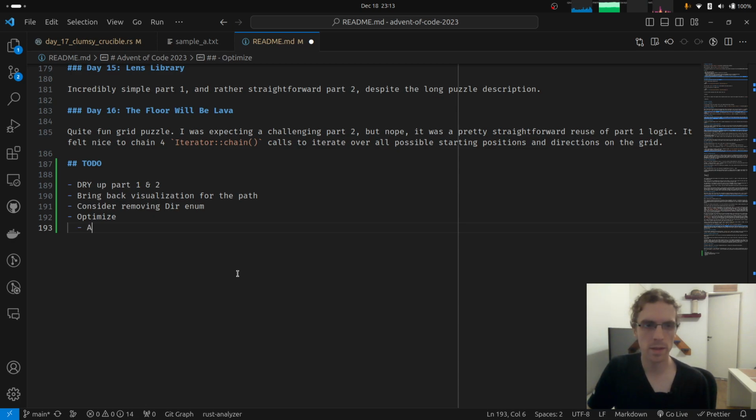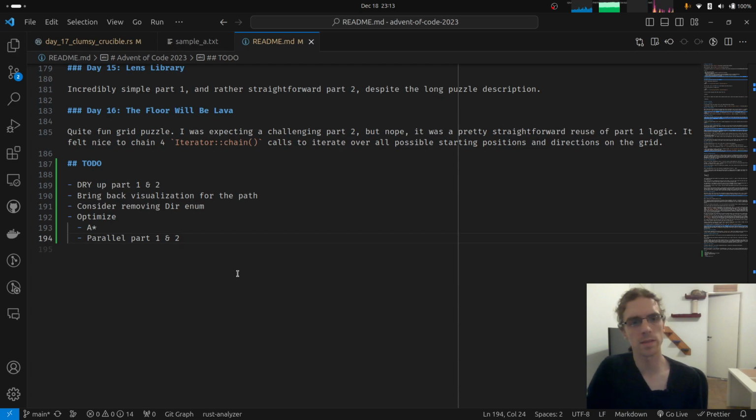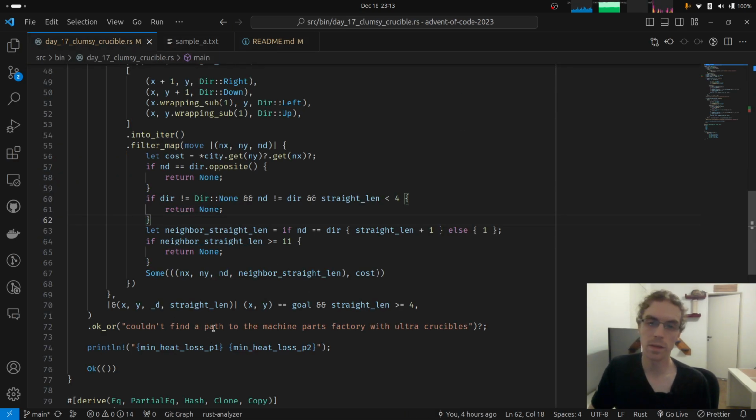Maybe with an A* algorithm instead of Dijkstra, or by parallelizing part 1 and part 2. If both parts take a significant part of that half a second, running them in parallel should make things faster and should be pretty easy.